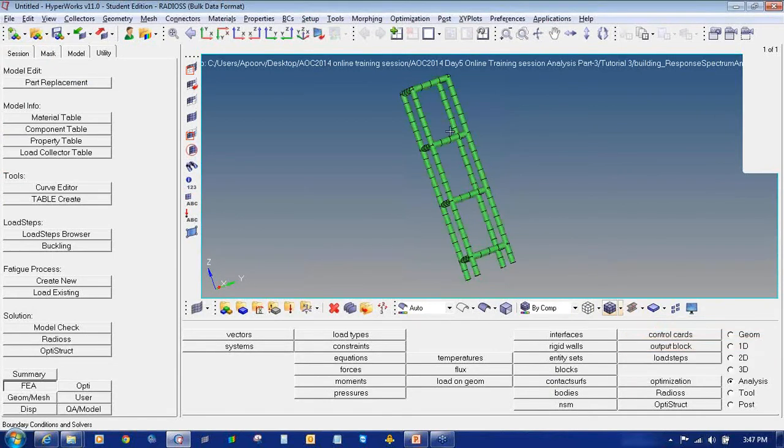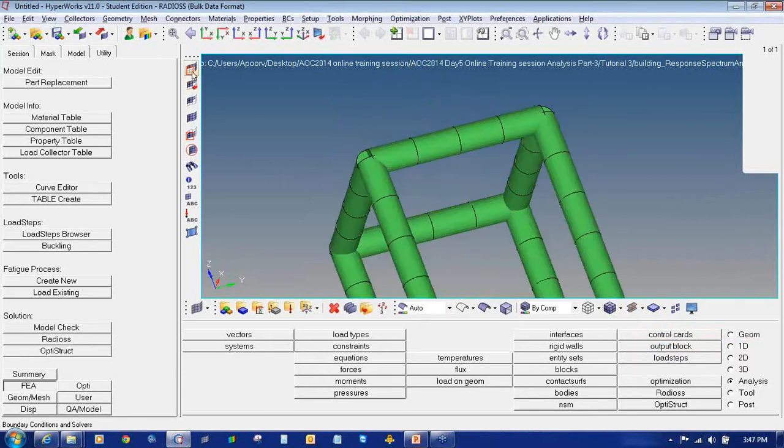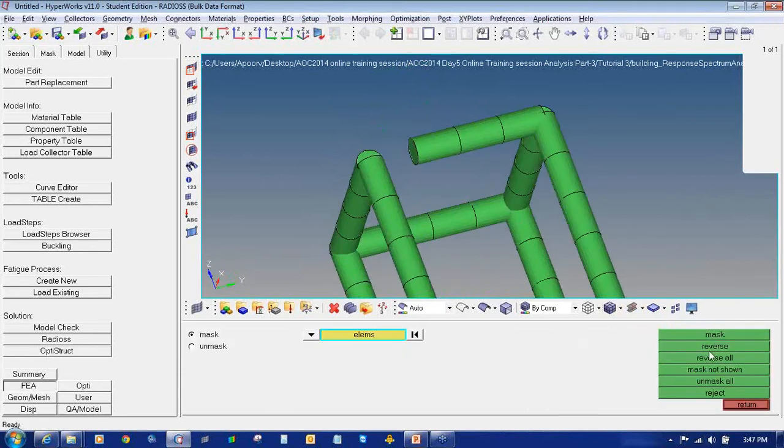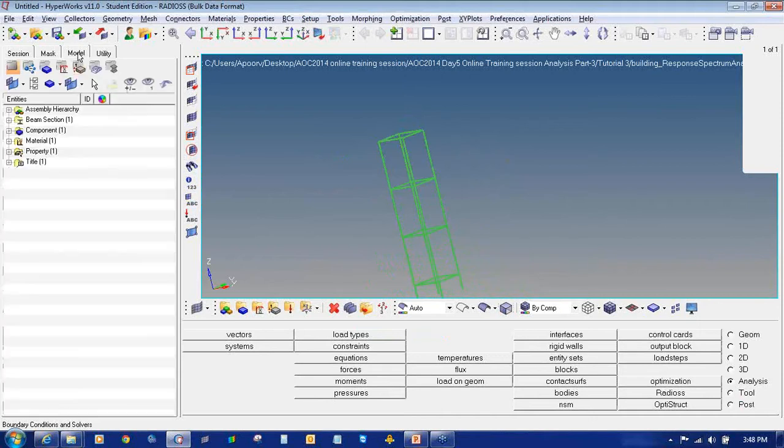If I make it a 3D representation, you can see, if I mask, these are solid rod elements. Okay, so I will unmask all. So this is the structure. I will turn off this element info.